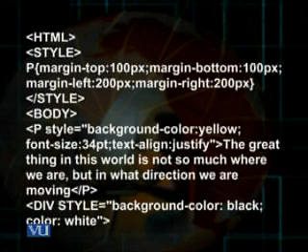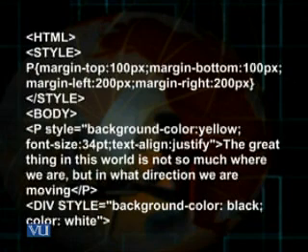And then I use another property, text align justify. So the text would be justified, and I write, the great thing in this world is not so much where we are, but in what direction we are moving. I optionally close the paragraph tag,